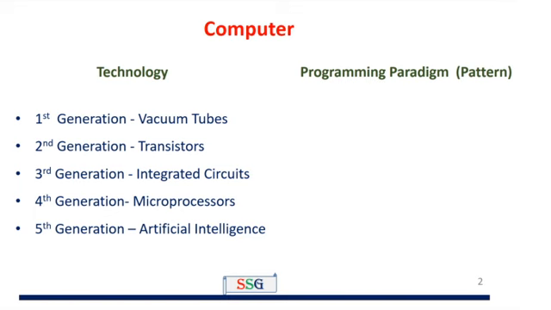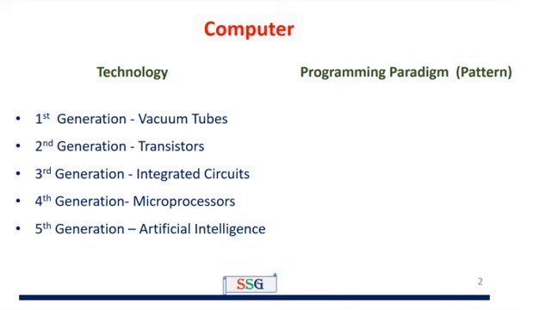The main objective of technology upgradation is to reduce the size of the computer, that means the storage space of the computer. In the first generation, vacuum tubes occupied more space. That means the computer size was something like one hall size. In the second generation, the size was reduced. The third generation size also reduced. Fourth generation also reduced. In the fifth generation, we are using the laptop and notepad as examples of fifth generation computers. That means the size of the computer is reduced from first generation to fifth generation.